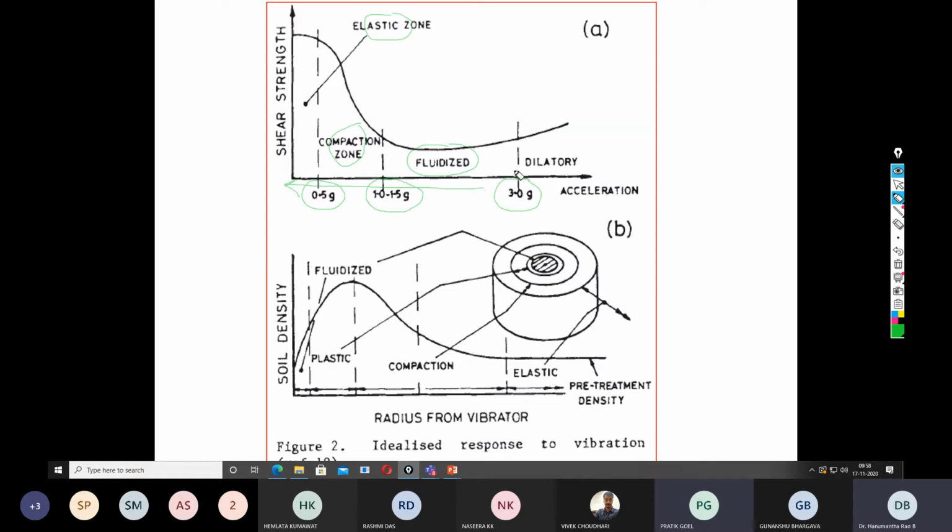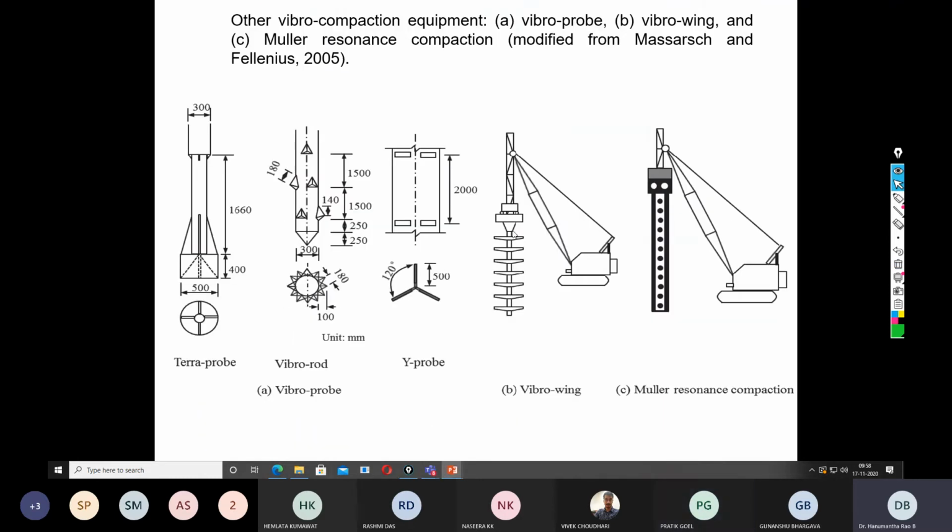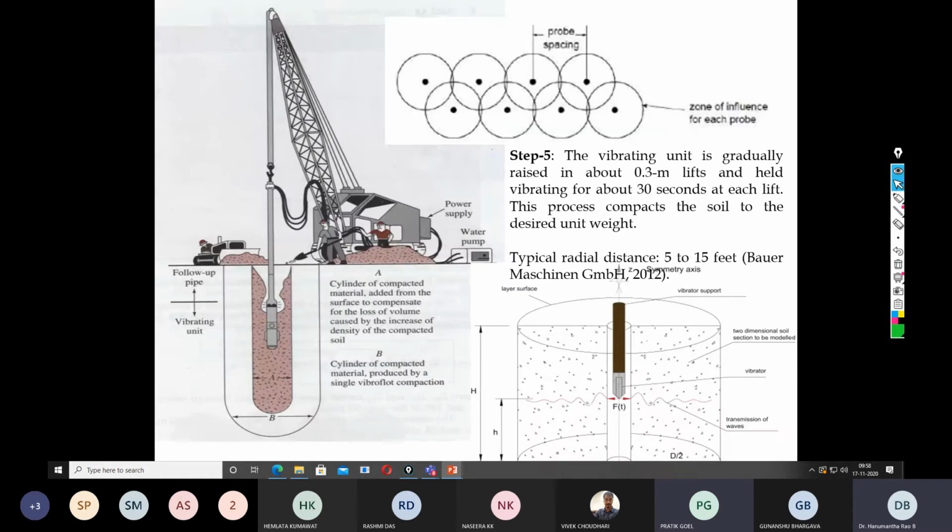See, when you talk about the performance of vibro flotation, we have something called a zone of influence. Yes, sir. Okay, so for example, if you look at this one, this is the zone of influence. Now, if you look at the left side diagram, there is a red hatched cylinder, a white hatched cylinder, and there is soil outside the cylinder also. Zone A indicates that within this zone the soil is in a fluidized state. You understood now? Yes, sir. Within this zone, the soil is in a fluidized state.